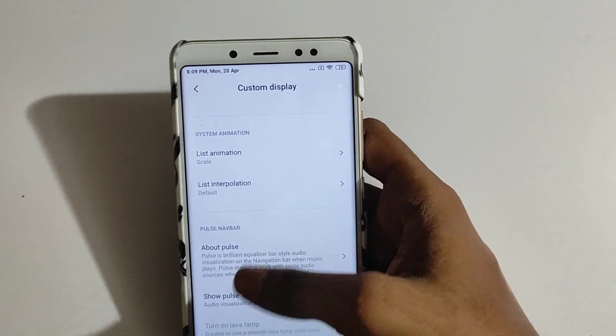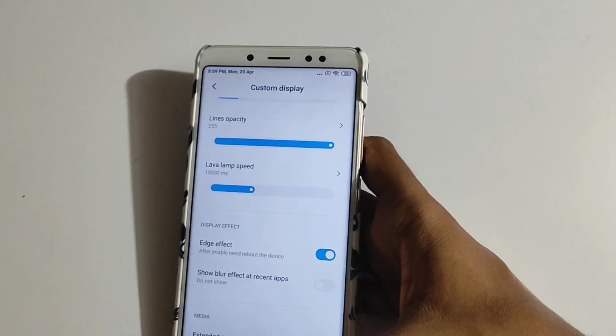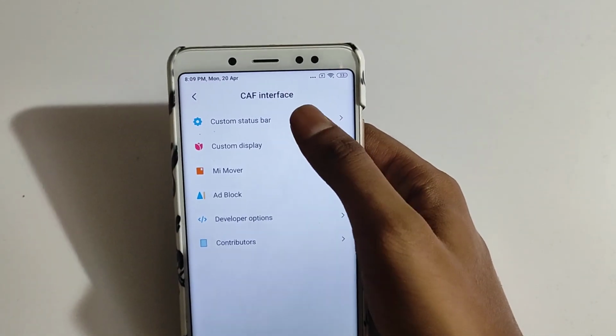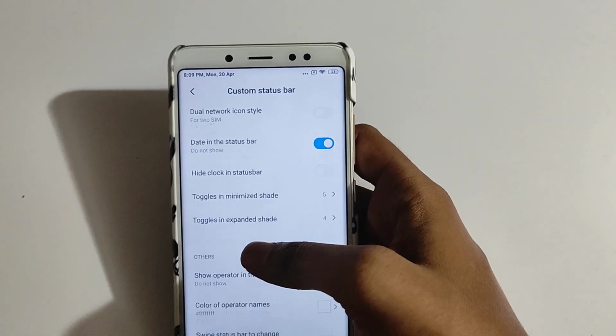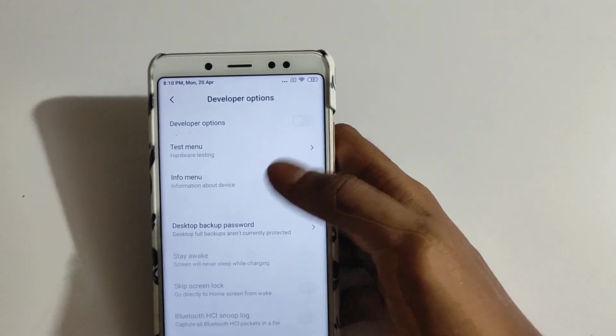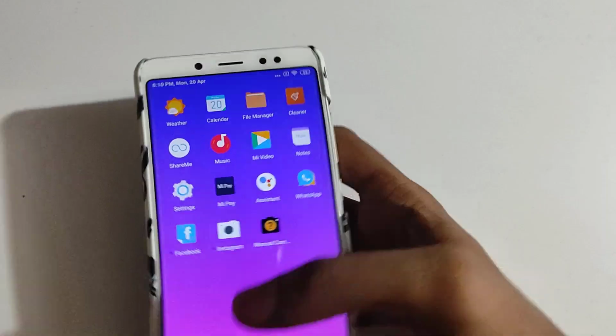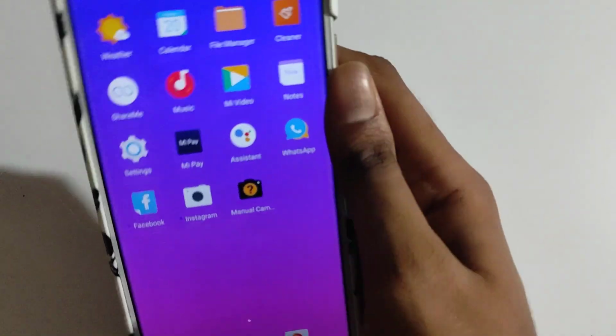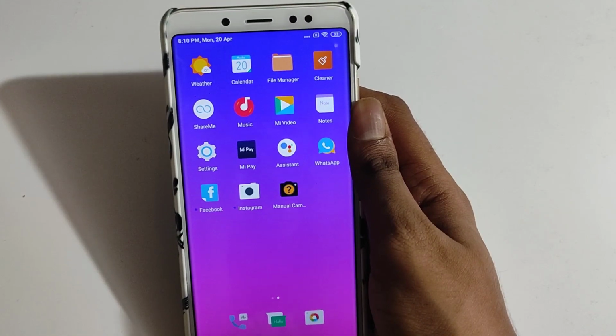I like scale animation. So there are way too many customization on this ROM. You can change the custom status bar. So yeah, also you will get option for the developer option. So yeah, overall I really like this ROM as well. You can check out link in the description if you want to install it.